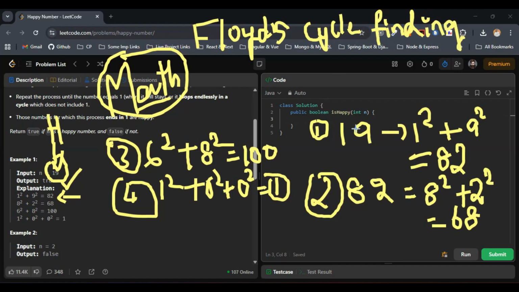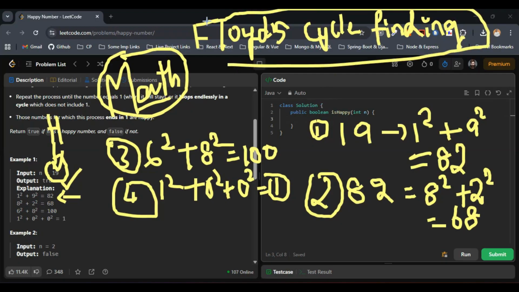So to detect the loop, we'll be going with Floyd cycle finding. When I say Floyd cycle finding, just remember this one: we will move one pointer by one transform and another one by two transforms, basically. If they meet at one,